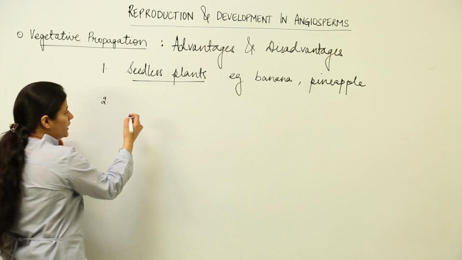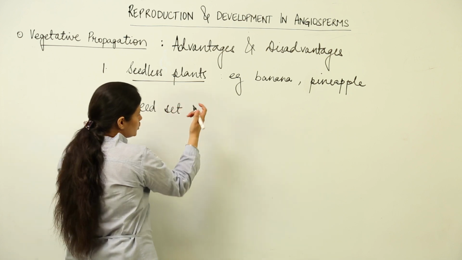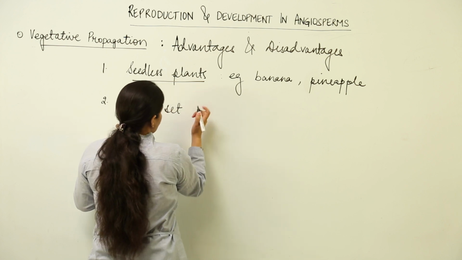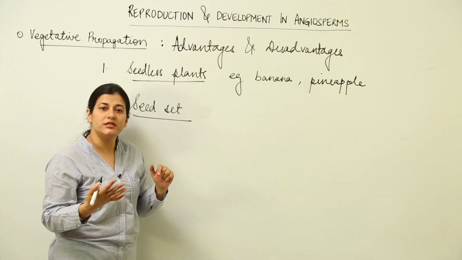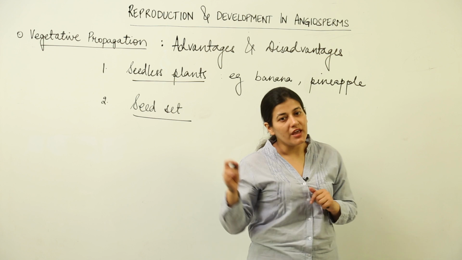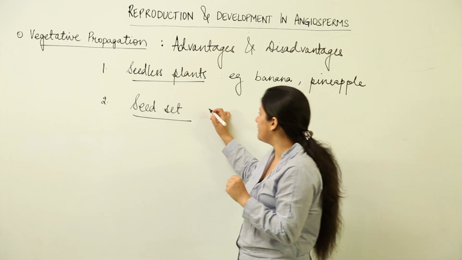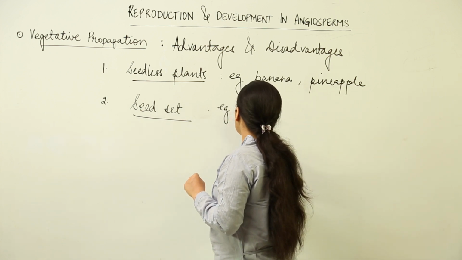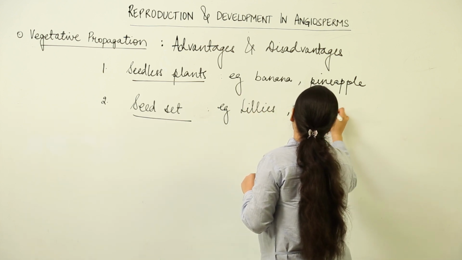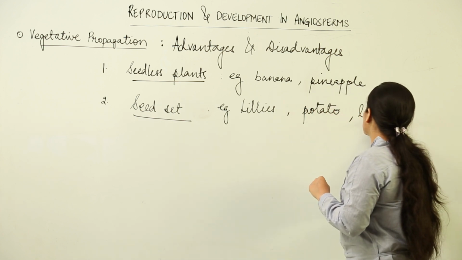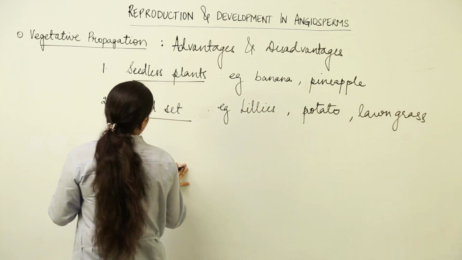Second is, supposedly a plant has a very limited seed set, a small seed set available, then also the plant can propagate very easily by the process of vegetative propagation. The example is that of lilies, and the other example is potato. In case of lilies and potato, and of course lawn grass, these plants have a very limited seed set, so it is easier to get the offsprings by the